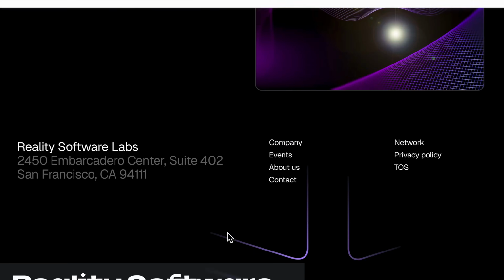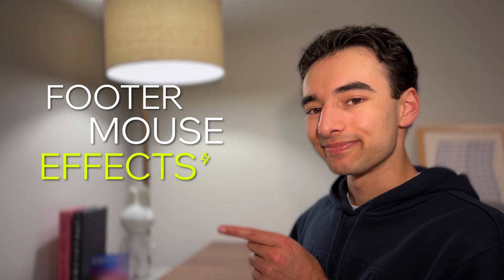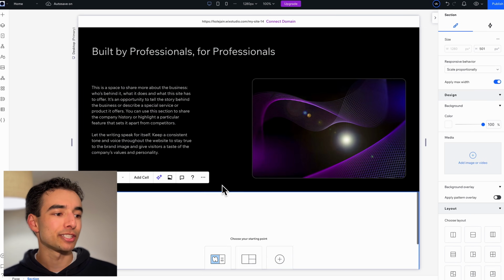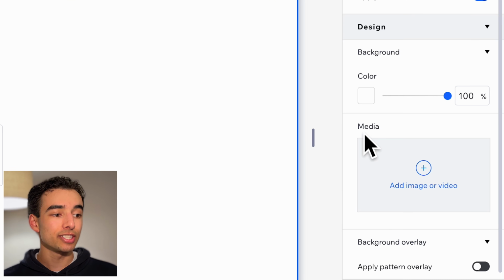Let's build this mouse effect based footer section with a few cool effects and no special tools. Let's break it down. First, footers are very important since they shouldn't just be an afterthought. They're actually a great place to drive action. So below these sections, let's start by setting our responsive behavior to fit to screen and changing the background to